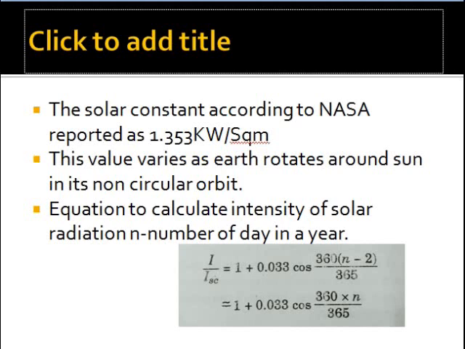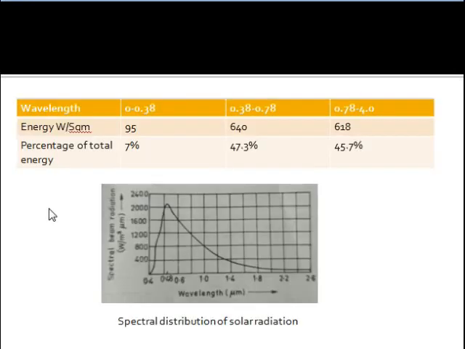Next, here we have a table. What we can see from this table is from the last video. In the last video I discussed the bandwidths of the radiation reaching the earth. Infrared is there, then visible light is there, then ultraviolet light is there. 0 to 0.38 is mainly